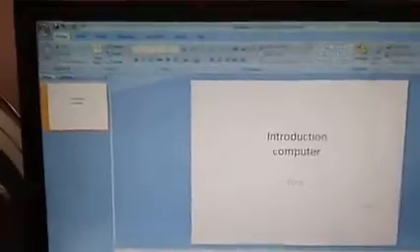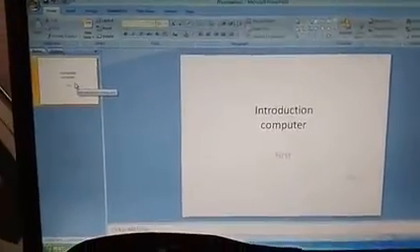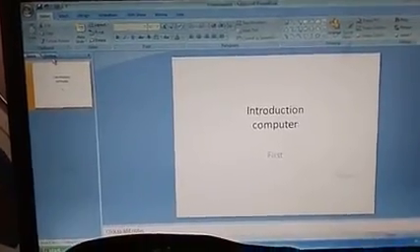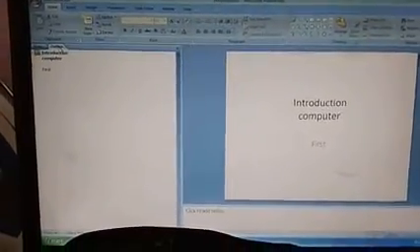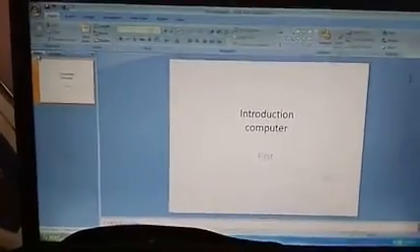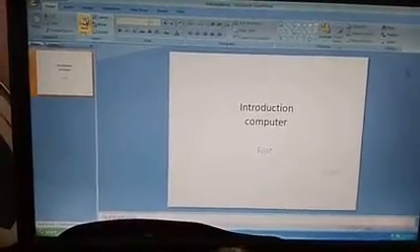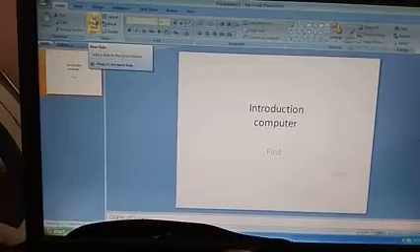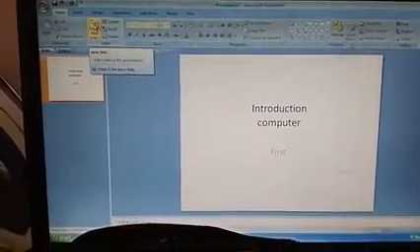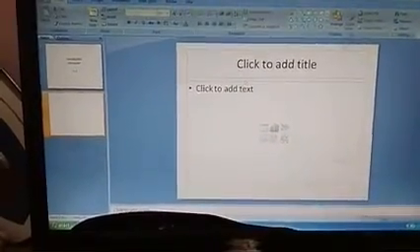Whatever you enter in this area will be represented in the form of a small icon over here. This is called the slide or outline layout. This is your outline layout, and if you say slide, it will be viewed in this format. Suppose I want a next slide, then I go to the New option over here. If I say new slide, you are going to get a new slide in this format.